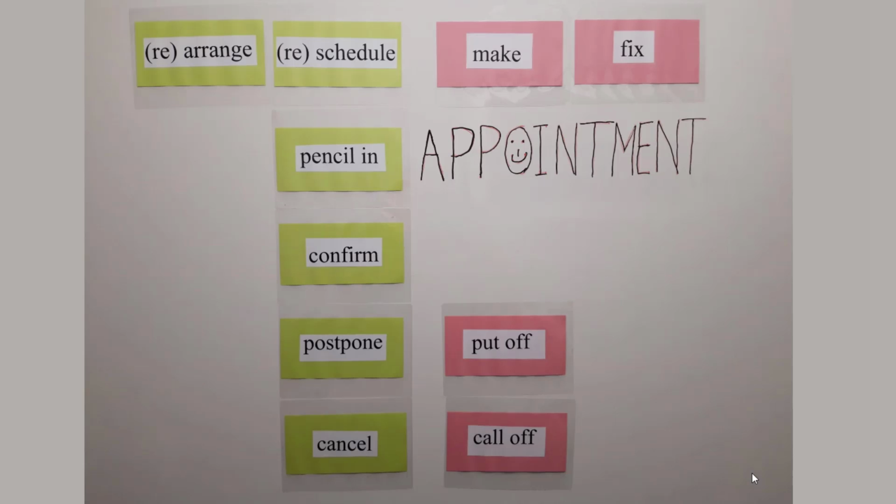And finally, the word cancel. I think most people know that the meeting will not take place at all, and oftentimes in more colloquial English you can use the phrase to call off. So the meeting was called off, or the meeting was put off. These are also phrasal verbs for you to know.